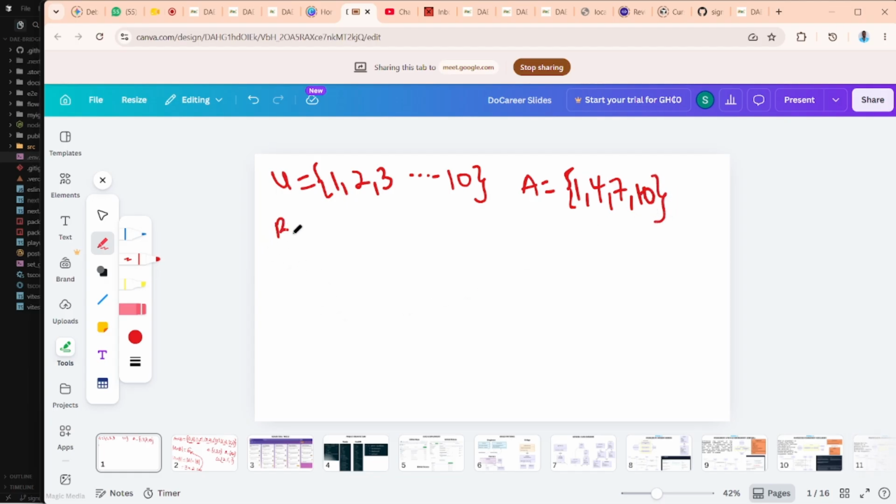B is 1, 2, 3, 4, 5. And C is 2, 4, 6, 8. We are asked to find this: